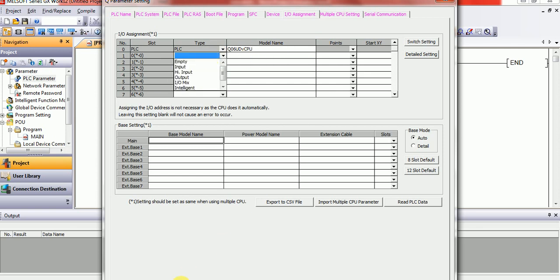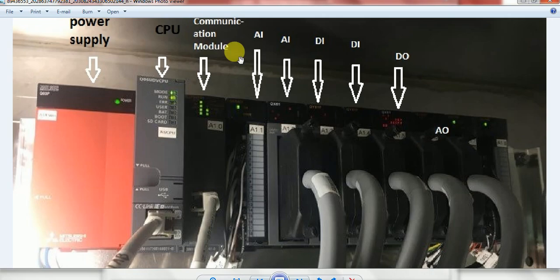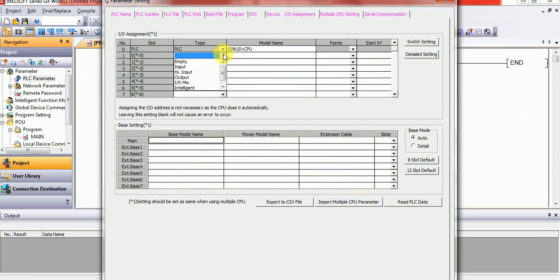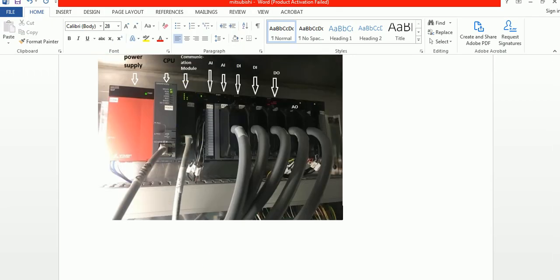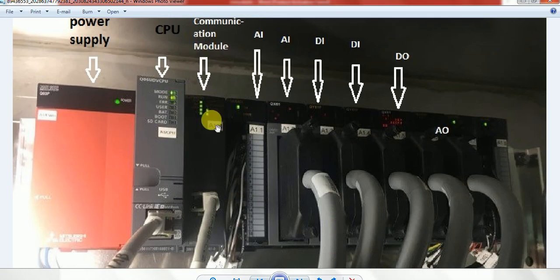The other one is our communication module. So for communication you have to select intelligent module. Okay, and this is 32 points, it has 32 bits, so you select it, and you have to give the model number, and this is your XY input output start. Of course it is after the CPU, this is the first one, so it will start from 0.